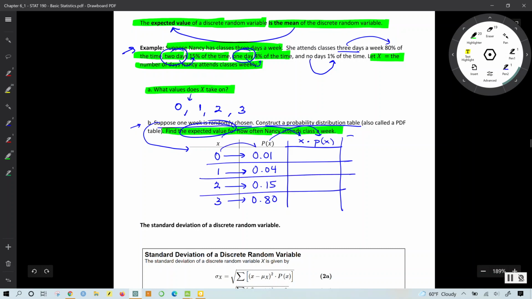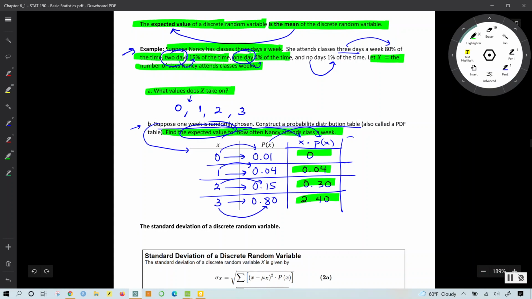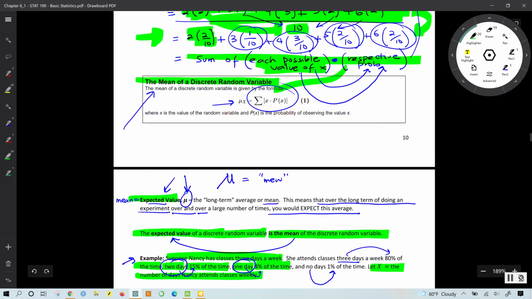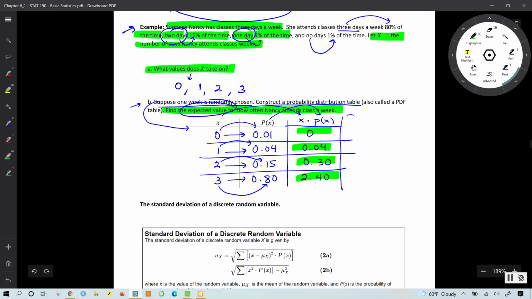That is the first step. So 0 times 0.01 is 0. 1 multiplied by 0.04, 0.04. 2 times 0.15, 0.30. And then 3 multiplied by 0.80 is 2.40. Then, after we have generated the separate products, what do we do according to the formula? We're going to take the sum of these products. So it means we're going to add up